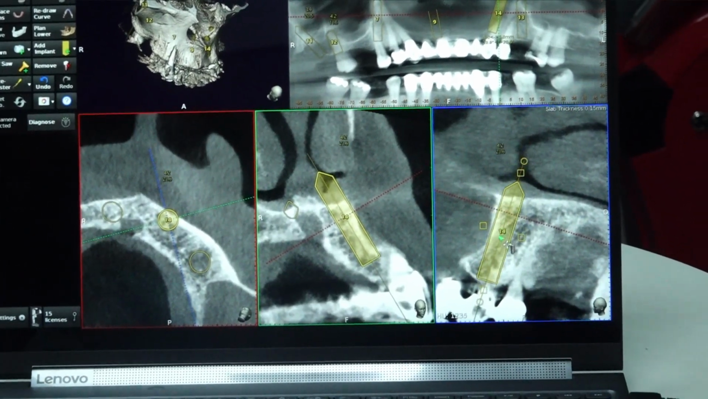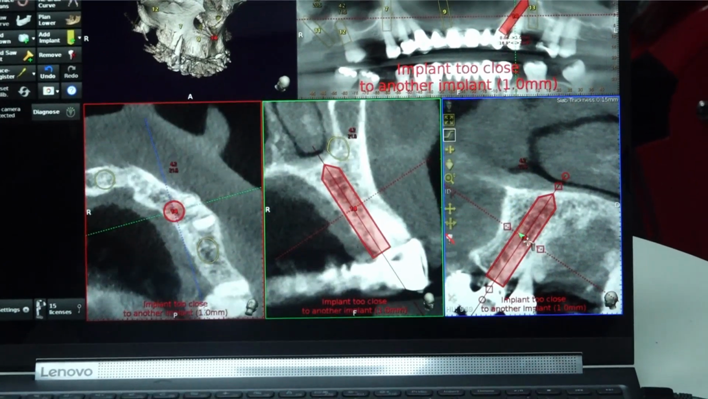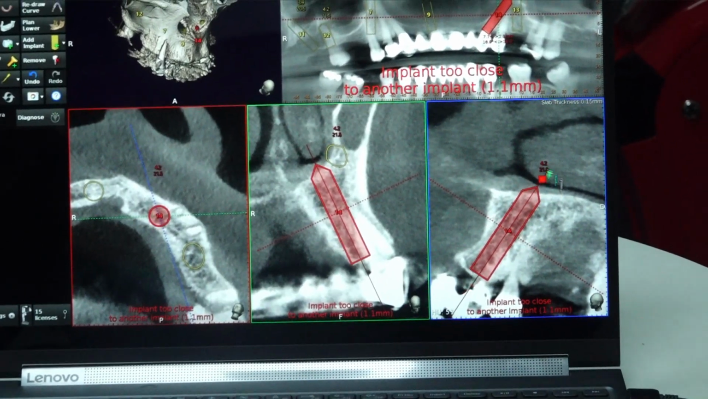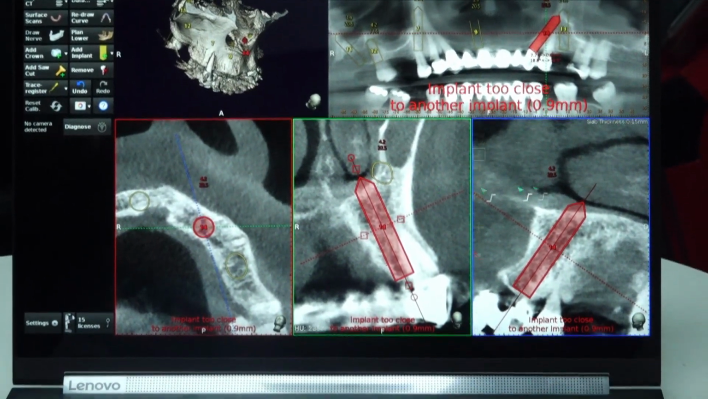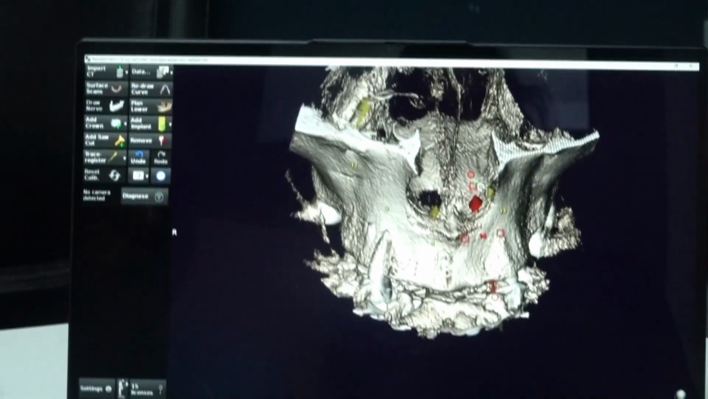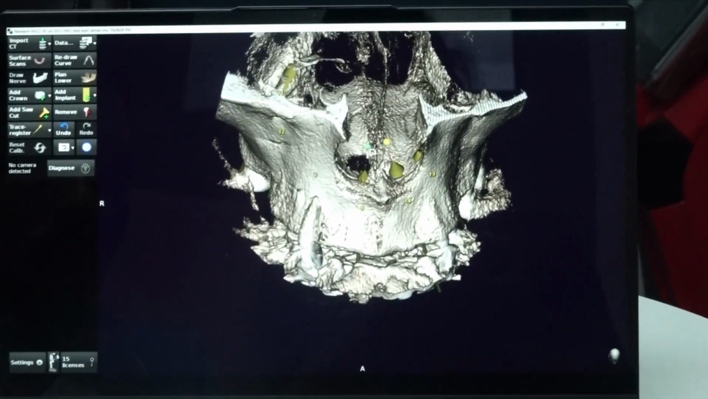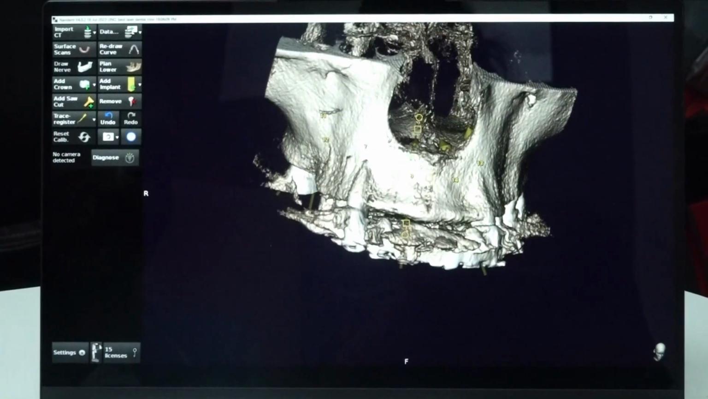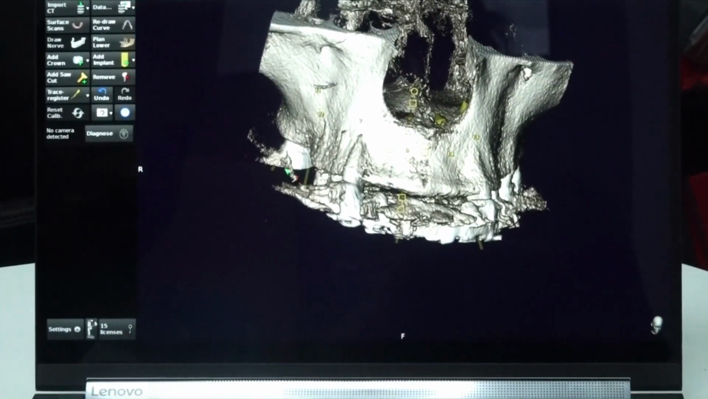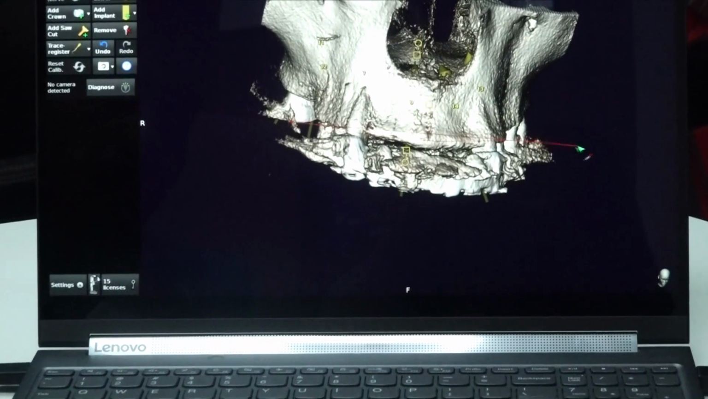So 2-1 is the healed area. Okay, already extracted. That is why the patient went for a bridge. Yes, bridge. Now we will remove the bridge. It is complicating our